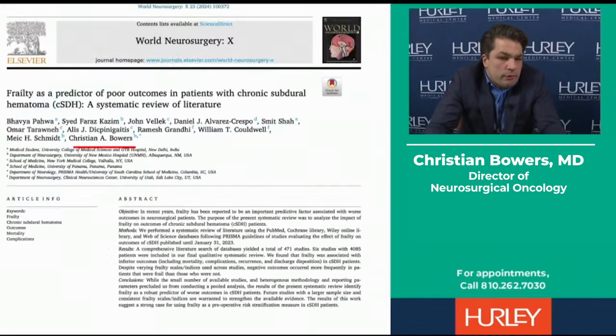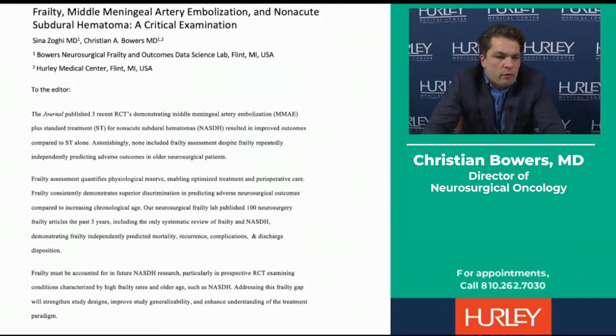We've written papers on this using frailty as a predictor of poor outcomes in patients with chronic subdural hematomas, where we really summarized the literature and showed that worse outcomes were associated in patients that were more frail, that had these conditions of the generally older group of patients these come from. And with those 3 New England Journal of Medicine articles, we just submitted a letter based on these 3 randomized controlled trials that were just published in the New England Journal a couple months ago,